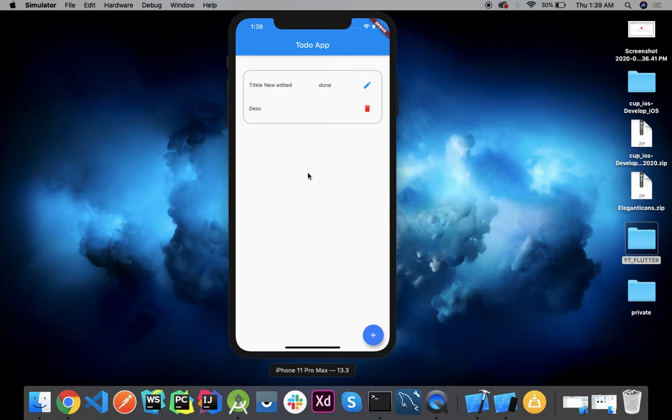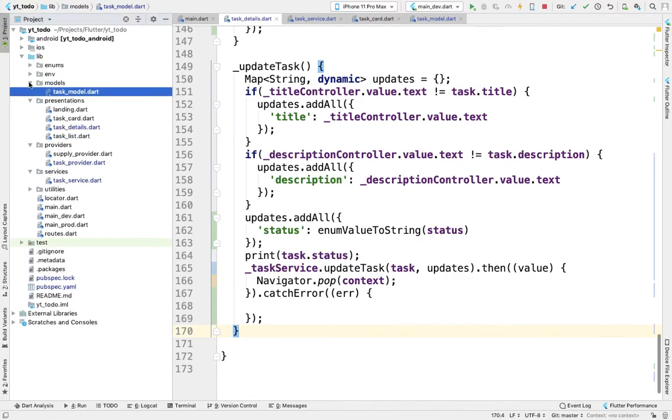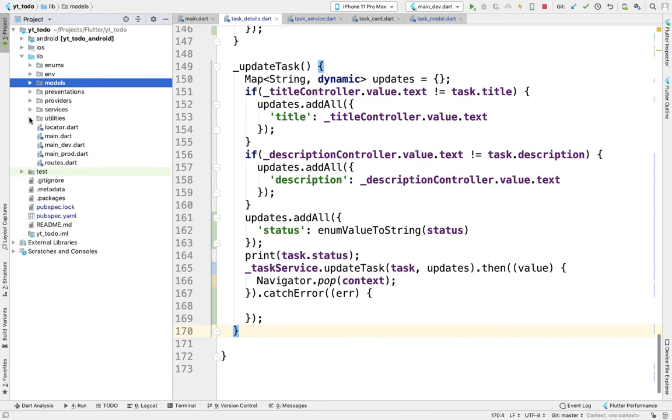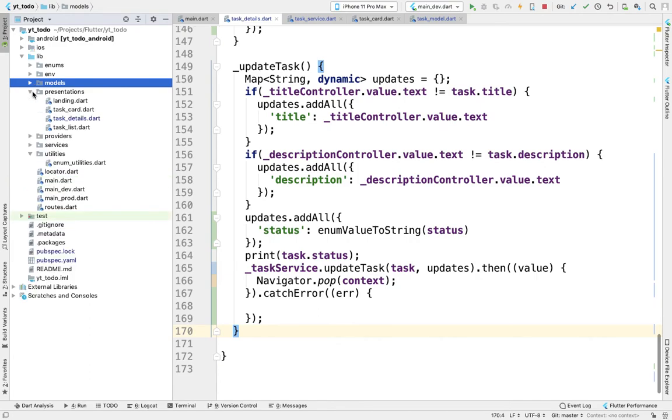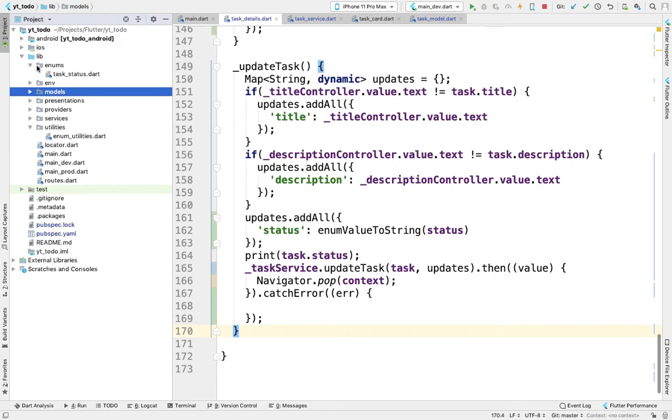So this is it for the Flutter series with to do app. Now you all have learned the functionality of provider and how you have to connect to REST APIs and what should be the optimal structure of your app. This can be improved very much, like you can create some folders for your presentations, and you can put all these things inside utilities. Okay,